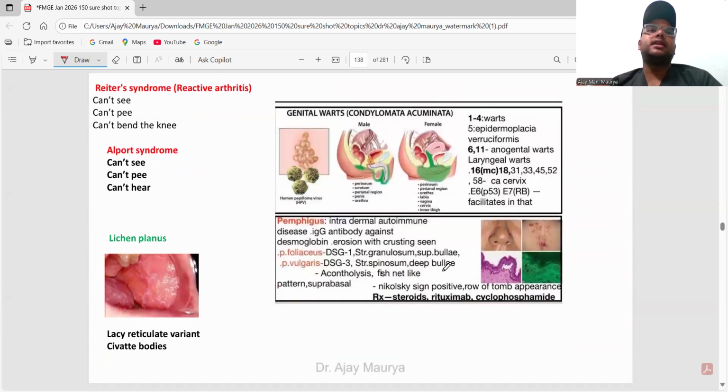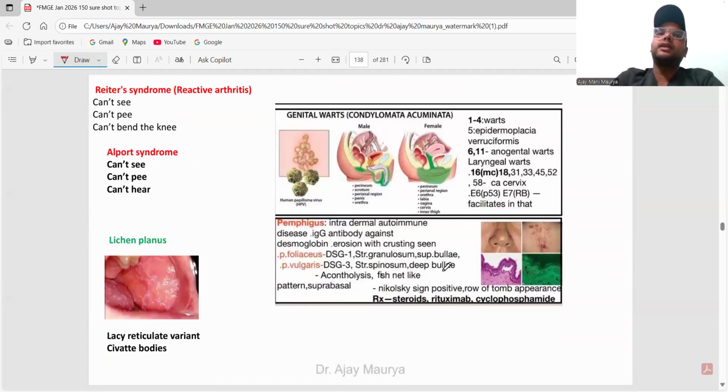Next one, this is Reiter syndrome. This is also called reactive arthritis. There is Alport syndrome. Okay? Alport syndrome. In my group also, I discussed the differences between some important